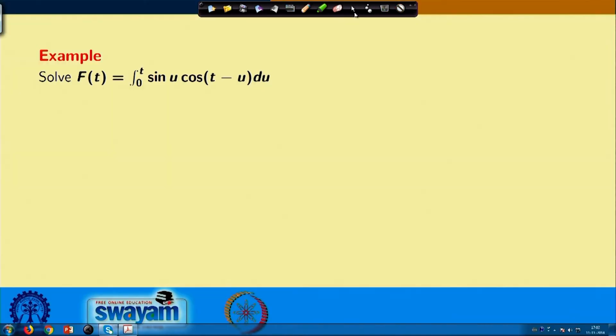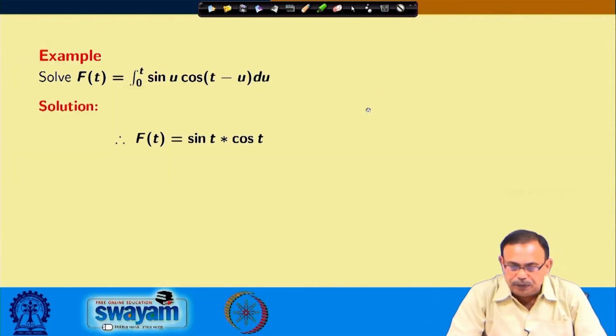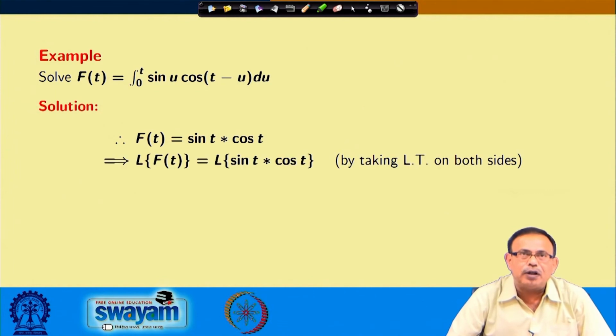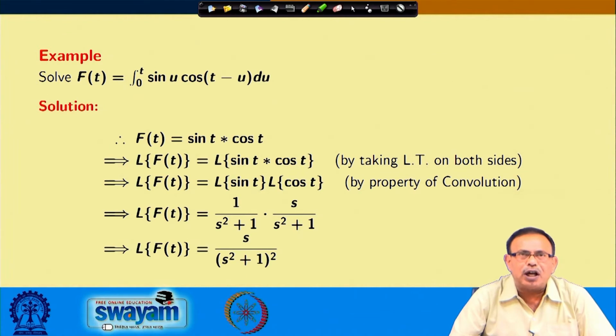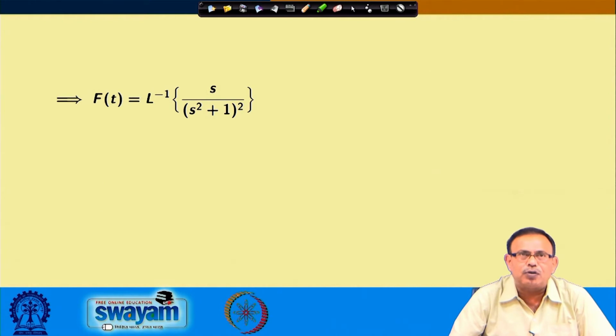Let us see this quickly. f(t) equals sin t convolution cos t. The Laplace transform of f(t) equals the Laplace transform of sin t convolution cos t, and using the convolution theorem, I can write it as the Laplace transform of sin t into the Laplace transform of cos t. The Laplace transform of sin t is 1 by s square plus 1, whereas the Laplace transform of cos t is s by s square plus 1. So I get the Laplace transform of f(t) equals s by (s square plus 1) whole square,